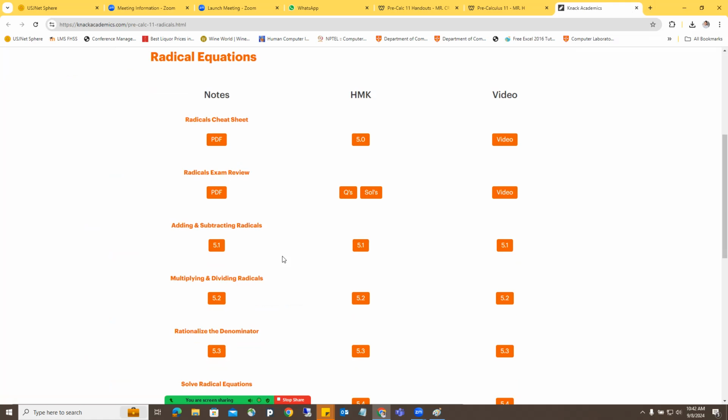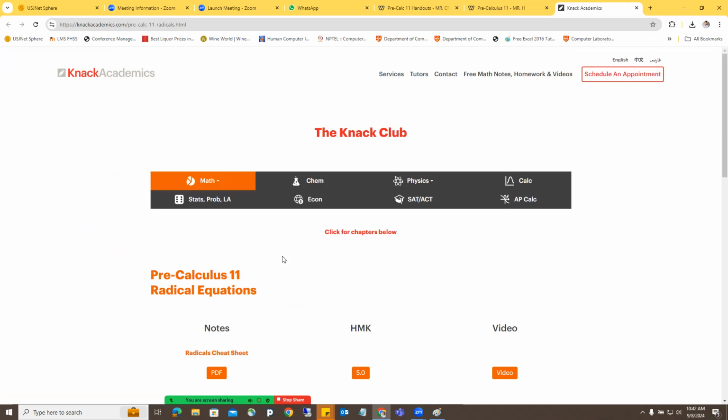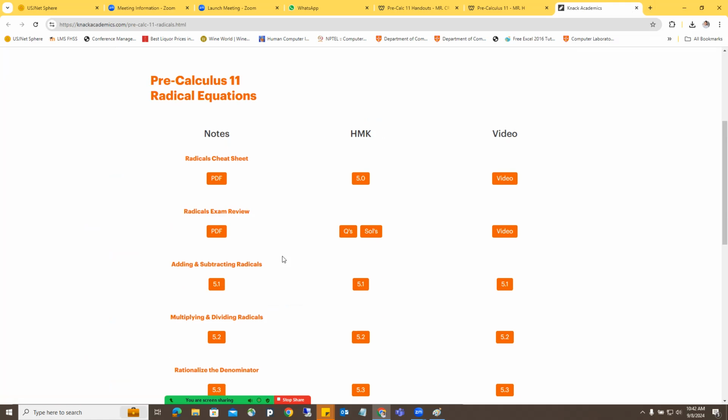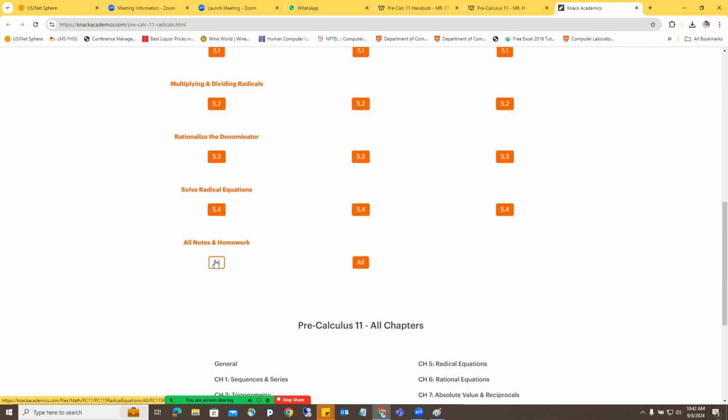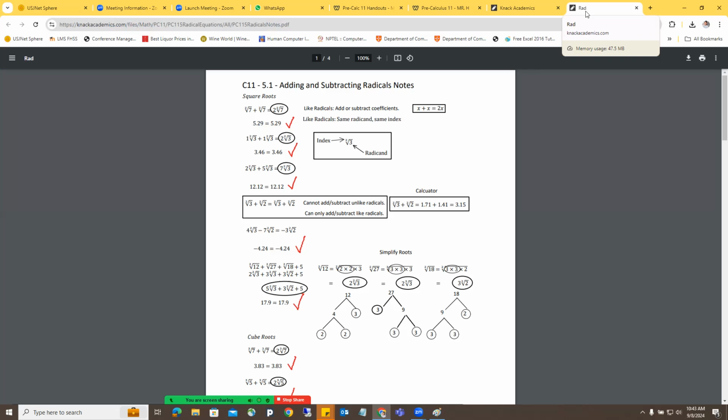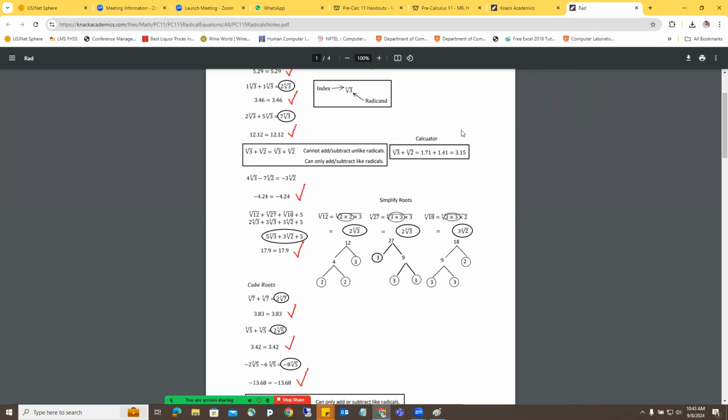Radicals. I want the note. Cheat sheet: radicals, multiples, and solve. The first time I learn, I don't know what this means, but domain restriction and simplifying radicals. Ah, this is with the surds. I don't know what domain restriction is. Okay, so for the surds, what you have to do is